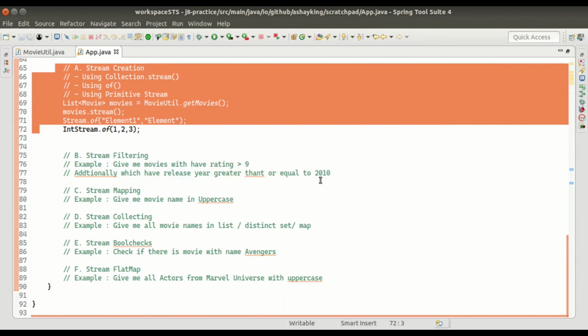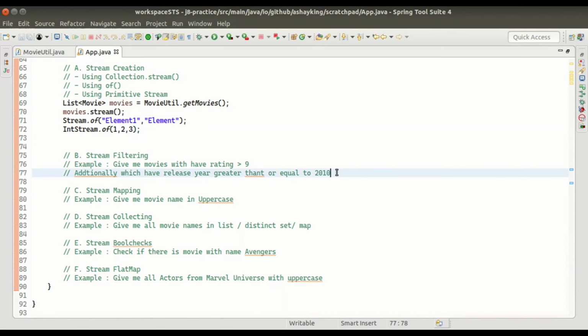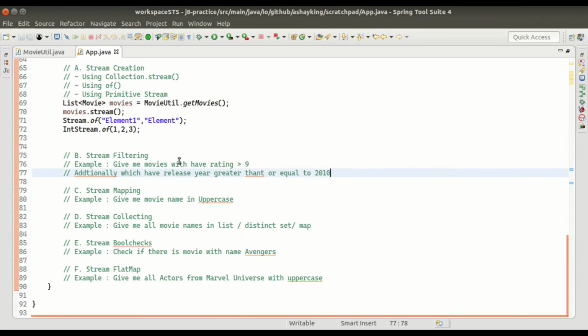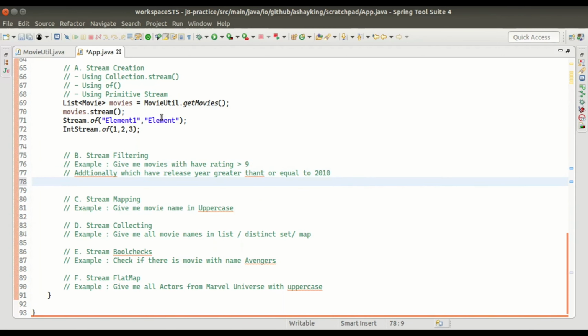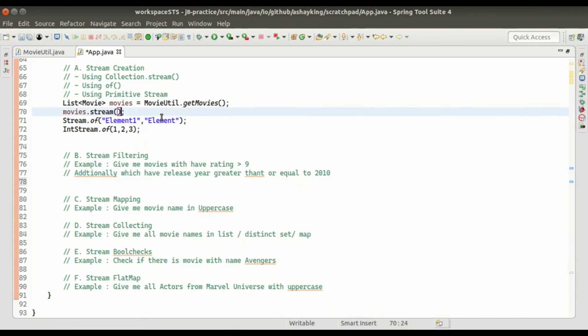So let's try to check this with an example. In this example, what I wanted to get was movies which have a rating greater than 5, and additionally, if possible, you can add an additional check of year greater than 2010. So let's quickly use the stream reference which we created in our previous example.